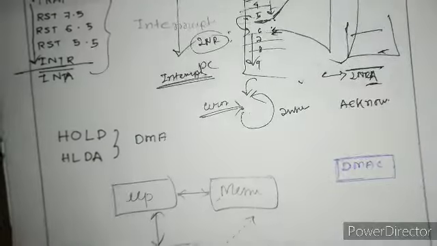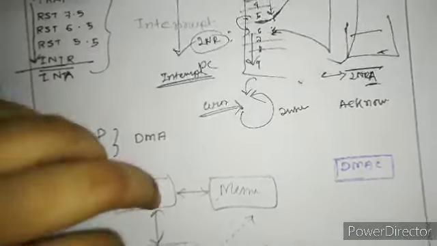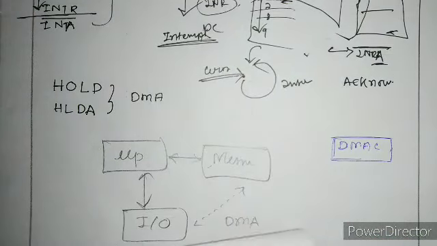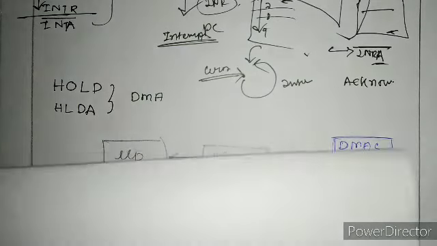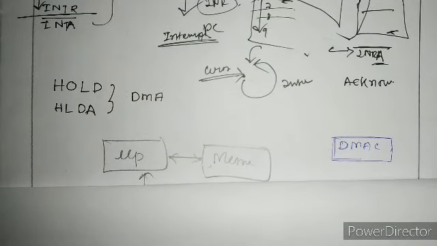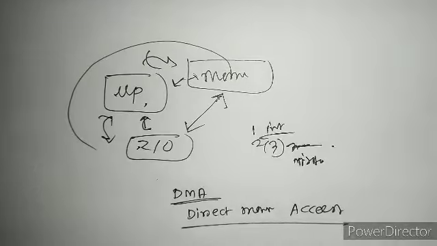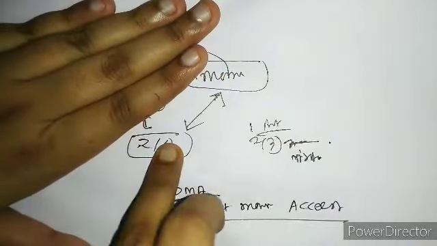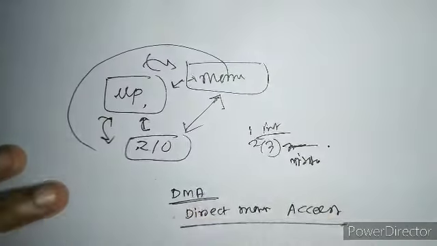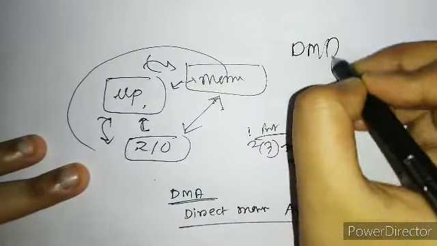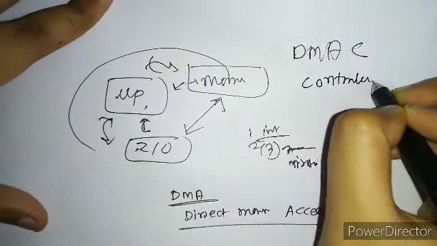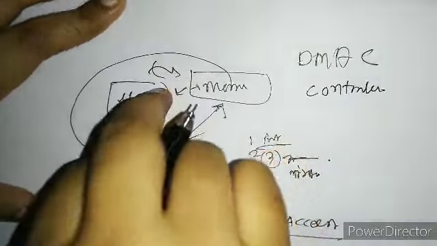I've told you that the MUP is the bus master. He is the leader. Only he can give the signal whether to write or read. The only thing that produces control signals is the MUP. So we want something else to produce signals and break this link and connect IO and memory. That is the DMAC, direct memory access controller. It will control the data flow here.